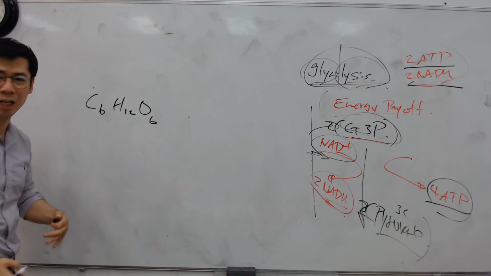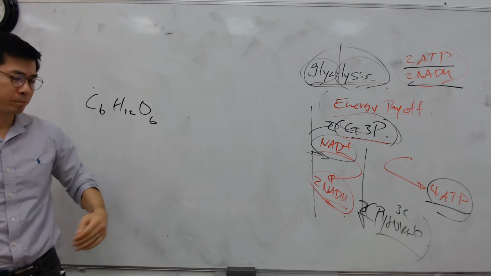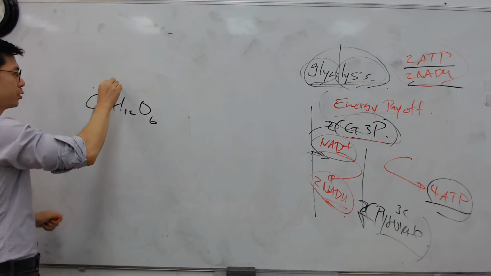So a lot of you did chem last year, right? You have to understand the oxidation state. That's one of the things you did, right? Hydrogen is charged at +1, oxygen is charged at -2, okay? And then you can derive what the charge of carbon is. So +1, there are 12 of them, so you have a +12 charge.